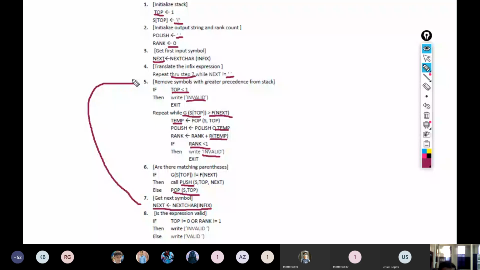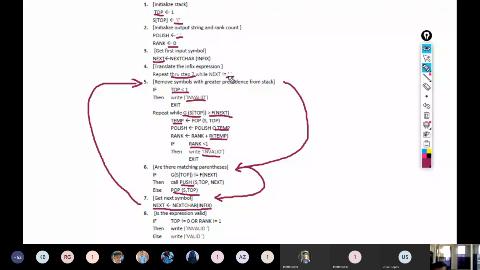right? And from 5th we will go to 6th after completing 5th, and from 5th we will go to the 7th, and in this way we will keep iterating through this 5, 6, 7 till we are not getting the end of the expression.